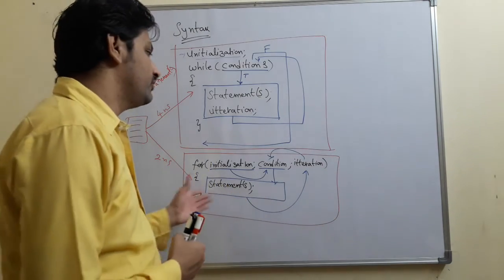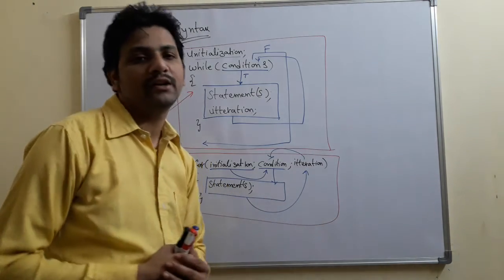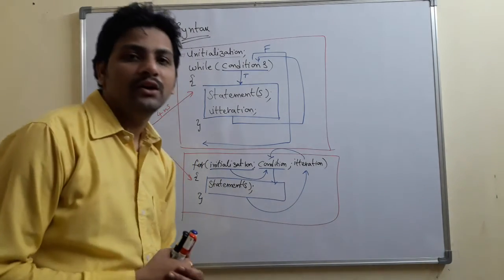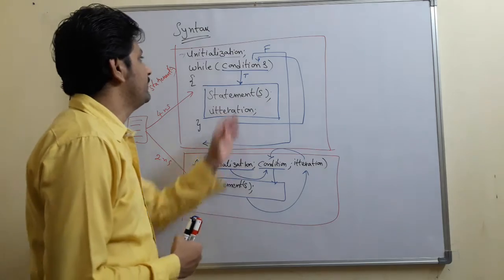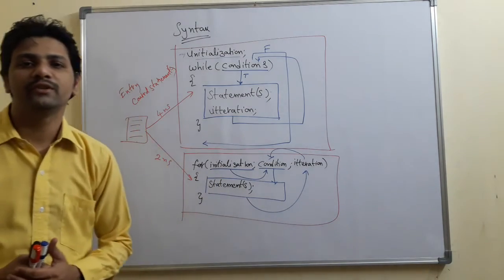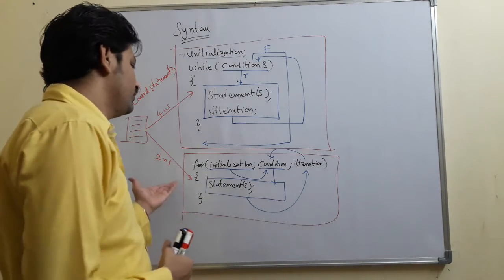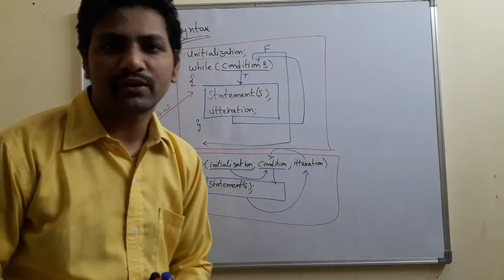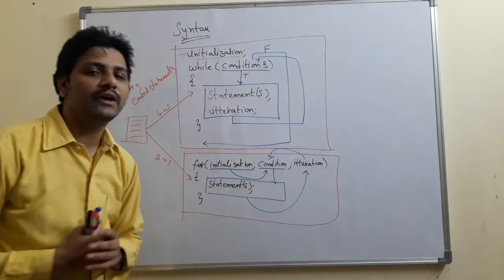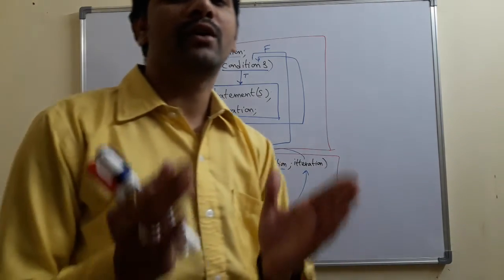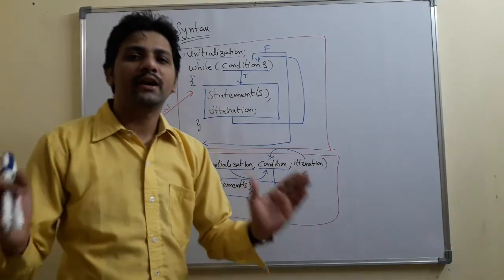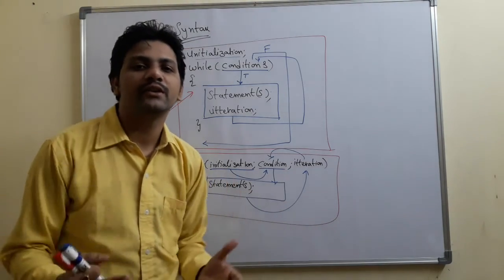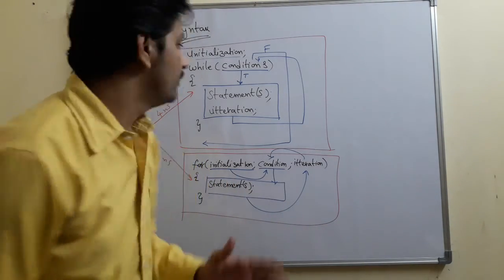In normal programs, for iteration purposes and for the fastness of execution, we will go for the for loop. That is the basic difference. You can choose for loop or while loop. Both are entry conditional control structures. They execute a block of statements until a particular condition or set of conditions is satisfied. So that is about the